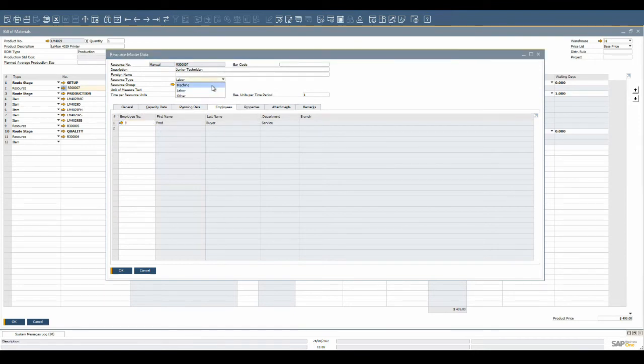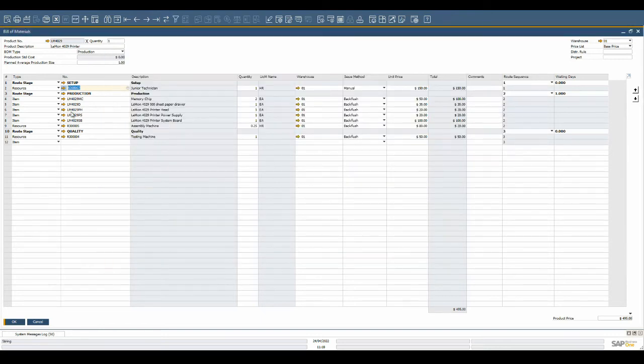Routes on a BOM indicate the different steps that the production order needs to go through to complete the finished good. The route sequence indicates the precise order in which the routing stages must be performed during the production process. Waiting days can be defined between stages, and have the system calculate start and end date of each stage